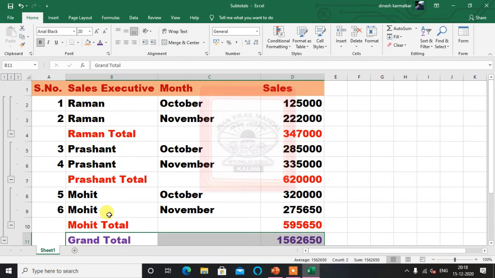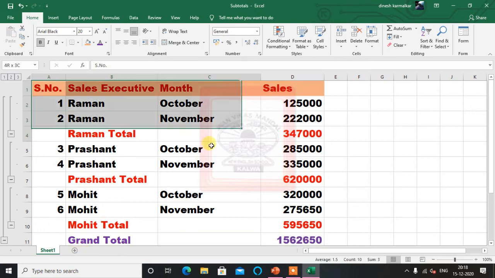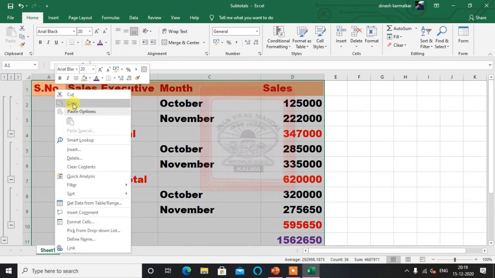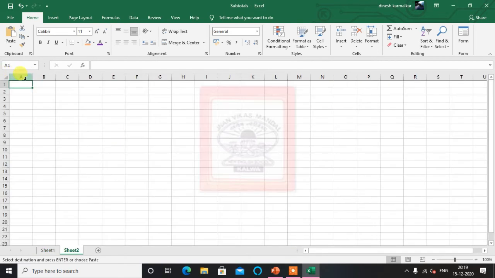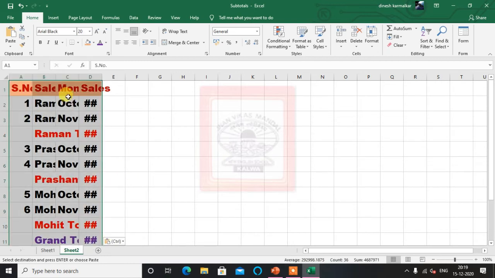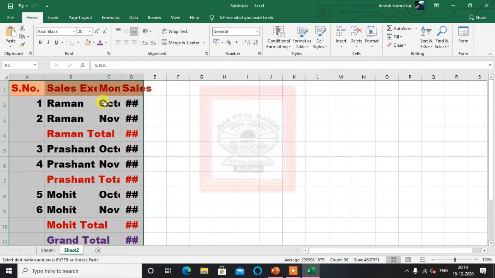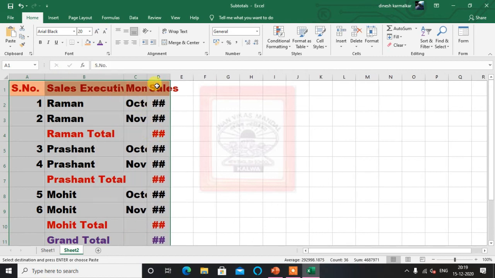You can make another sheet. In that, for example, suppose I copy this one here and make another sheet. In this, I will make this month wise.